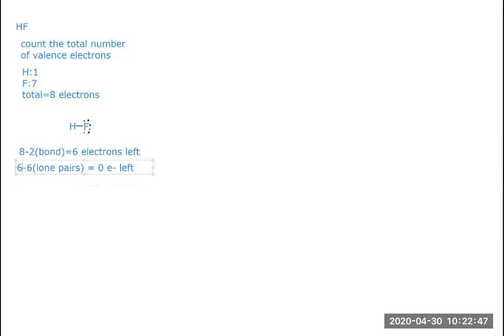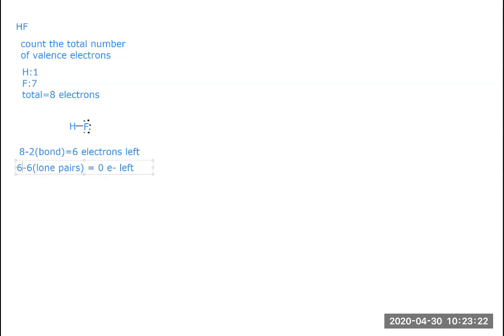And so the way you want to check that your Lewis structure is correct is by counting the total number of valence electrons that you have on your structure and verifying that each atom has a duet or an octet for most of the elements. And so here, hydrogen has a single bond, which means it has a duet, it's happy. Fluorine has 6 electrons around it, plus the 2 from the single bond, that's 8 electrons, and that's an octet,